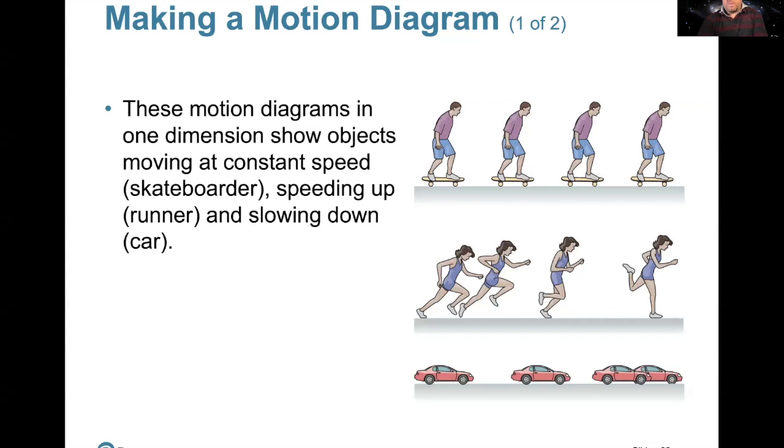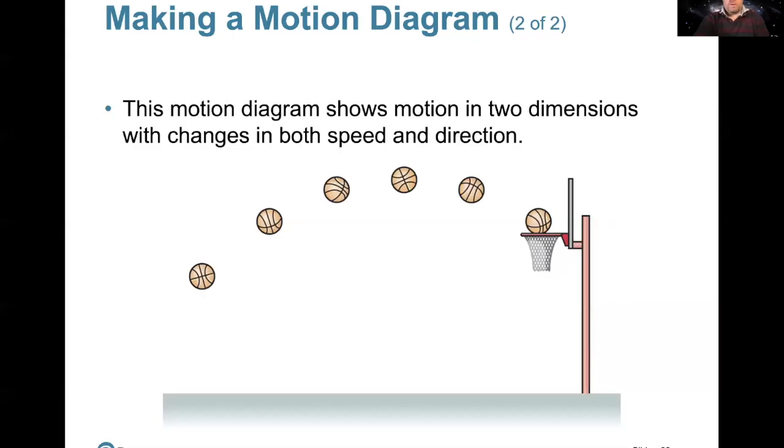Let's look at an example of motion and how to make a motion diagram. So here we have a skateboarder moving in a straight line. And we see that if we were filming him, there would be frames of him evenly spaced. Here's an example of a basketball. So you see the basketball moves, and as it moves,